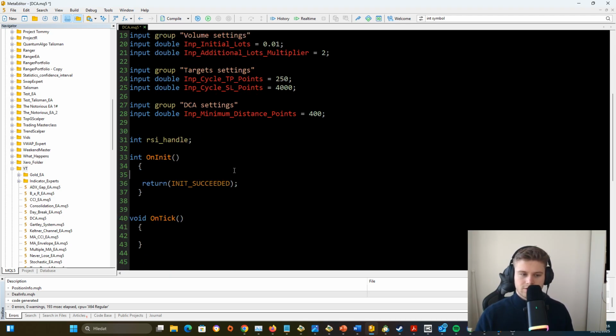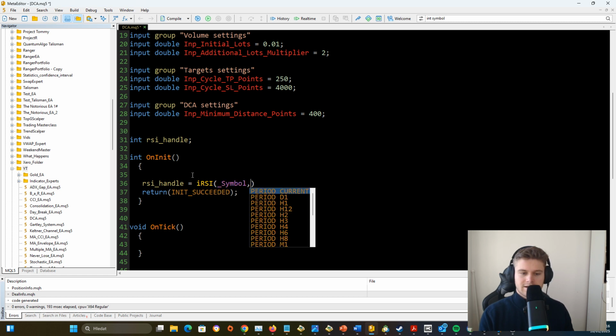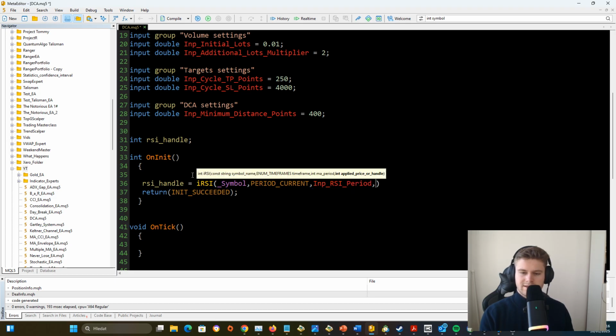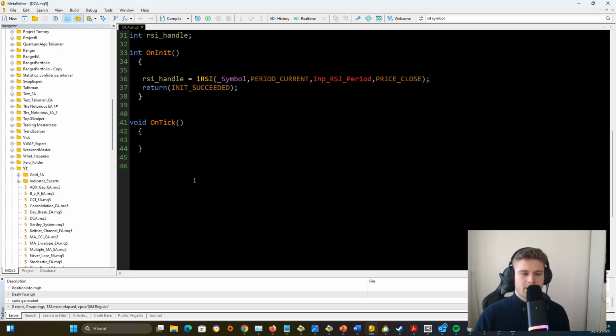For that I need to create a handle, which I did right here. Then I will go on my init function and I do something like this. So RSI handle is equal to iRSI, current symbol, current period, input RSI period, and price close. Okay, so this is our RSI. So now on tick function,